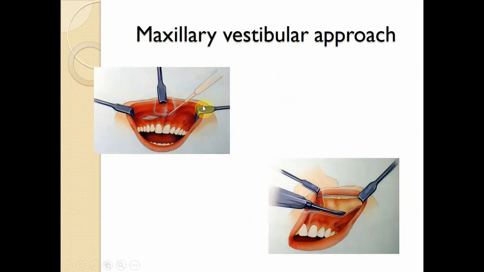Maxillary vestibular approach is the incision placed on the vestibule. This incision might be from premolar to premolar. If the fracture site is larger, the incision will be longer. So the incision is placed on one side and we reflect the periosteum